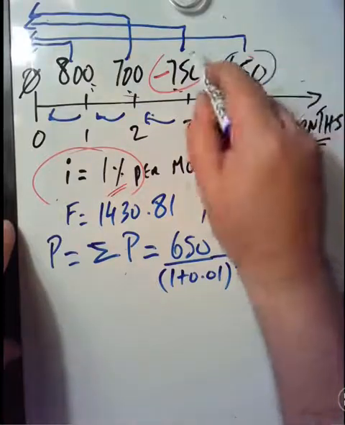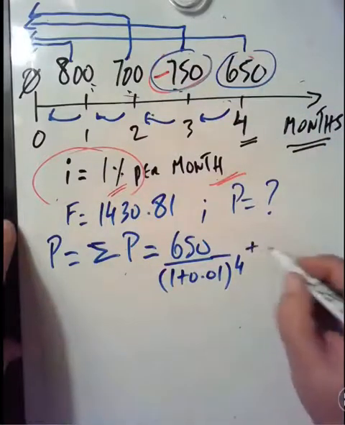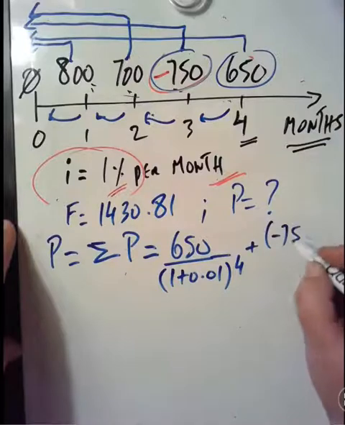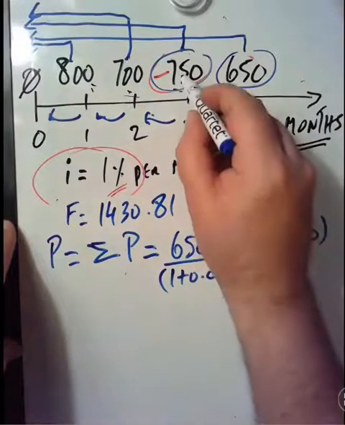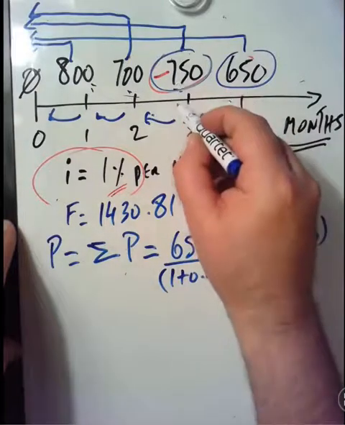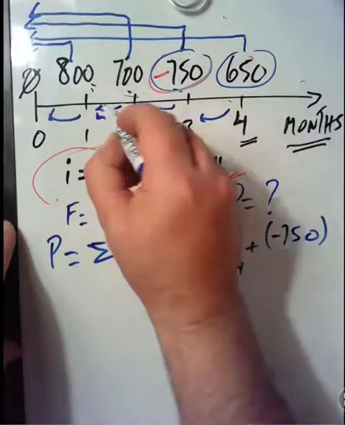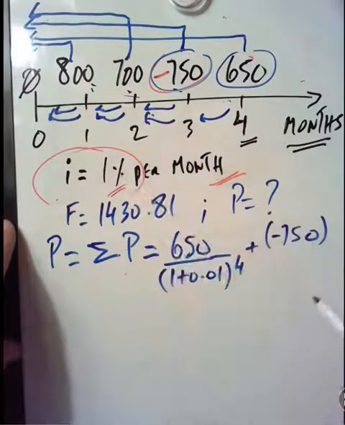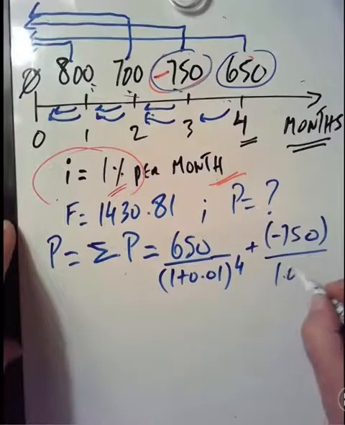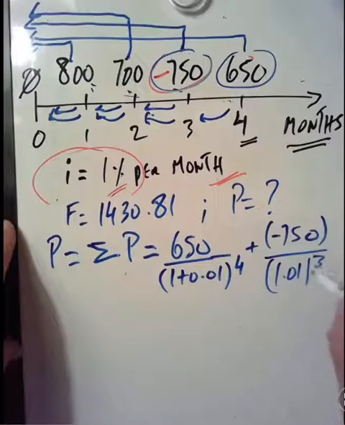Now let's say I want to take care of the 750. So plus the negative 750, and I have to push the 750 back 1 month, 2 months, 3 months. So 1.01 to the power of 3